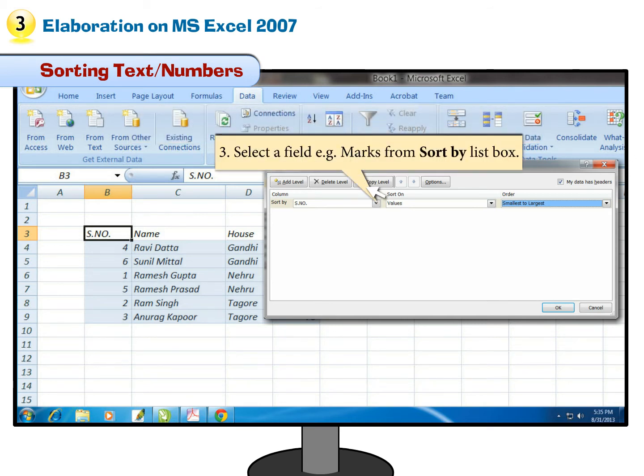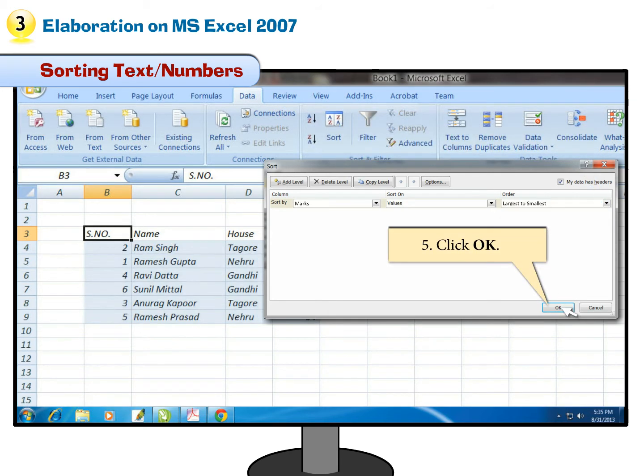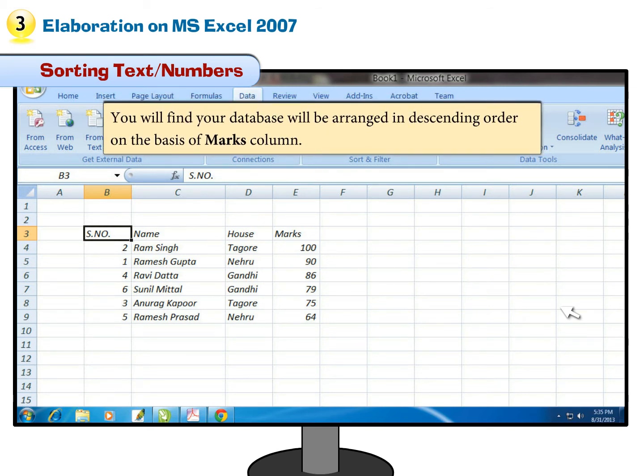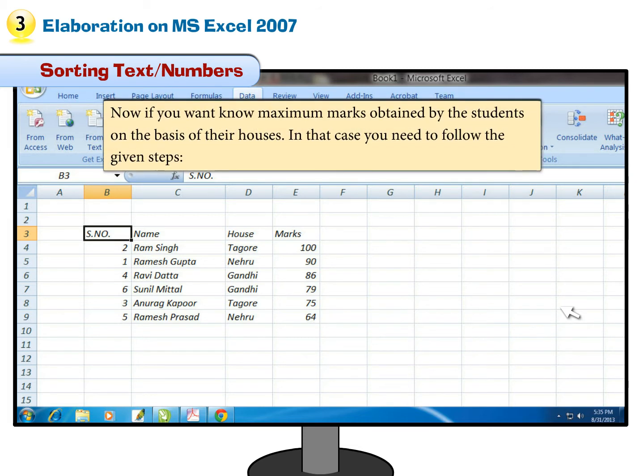Step 3. Select a field, for example, marks, from the Sort by list box. Step 4. Now select largest to smallest from the order box. Step 5. Click OK. You will find your database will be arranged in descending order on the basis of the marks column. Now if you want